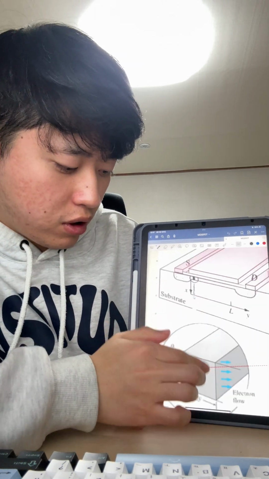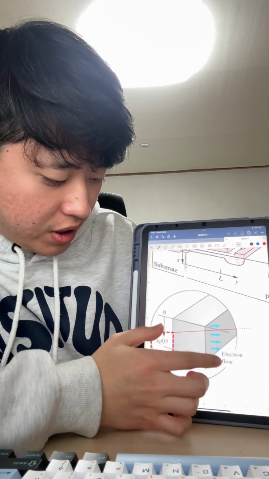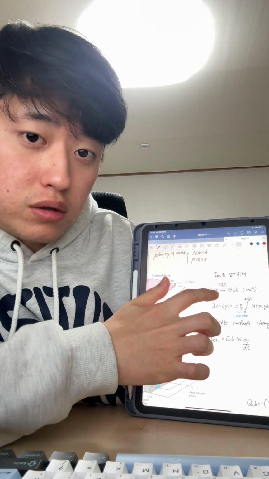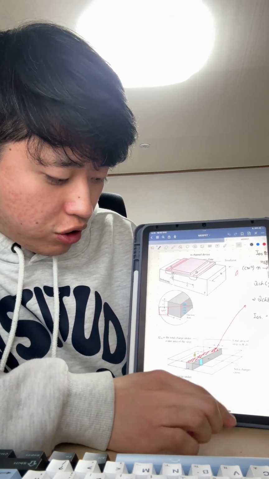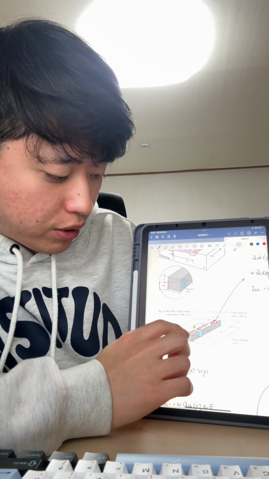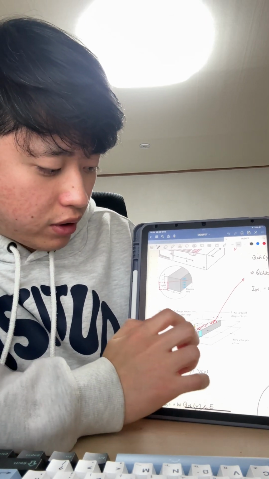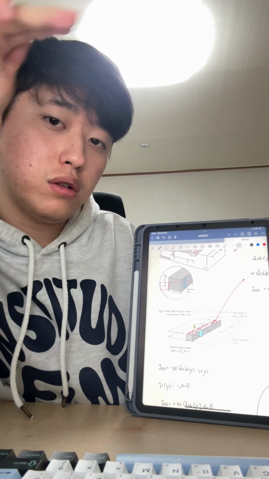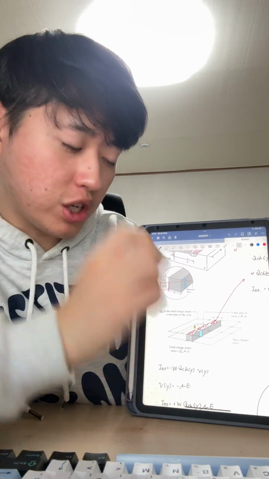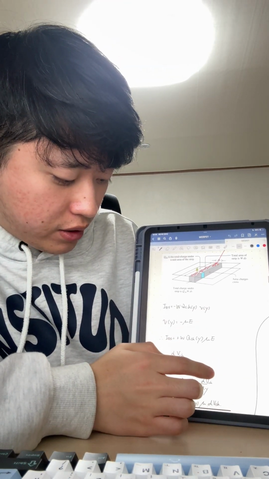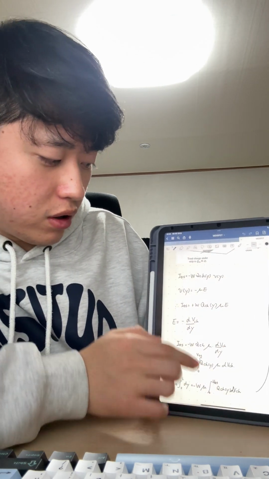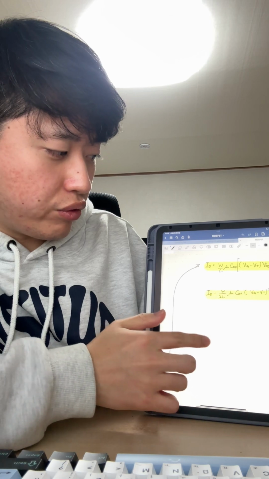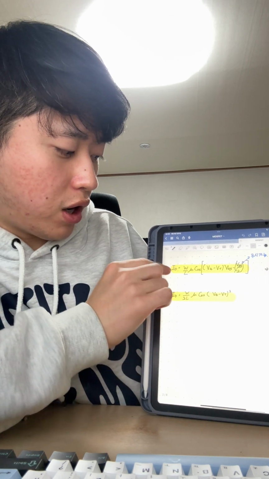So this is the n, per cubic centimeter, and we can talk about Q as the area of the surface, the very top of the channel, a very small channel. So IDS is the sum of this. So we can take ID as